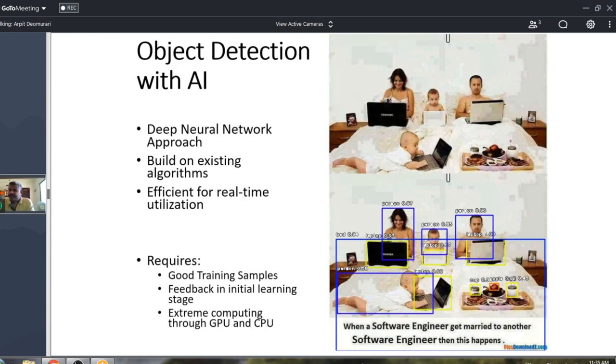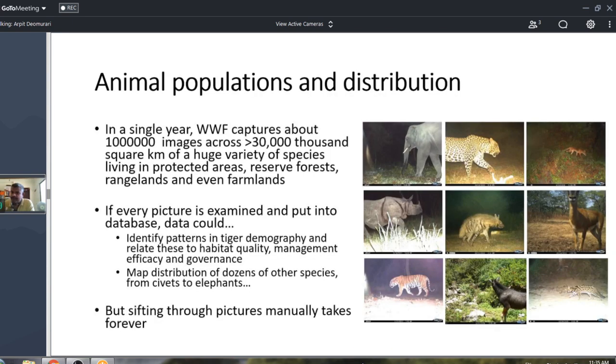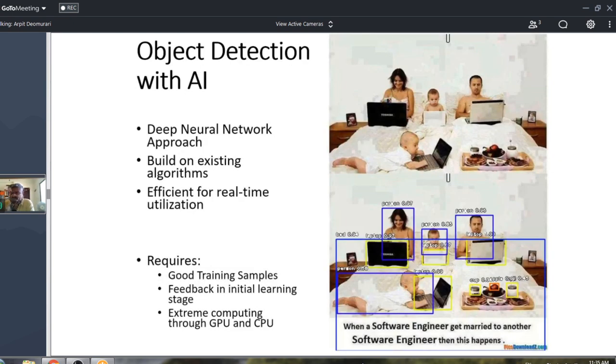So I use object detection with AI. It's the third one. If you remember my first slide, it has AI, machine learning, and deep learning. This is a supervised kind of classification, meaning I have some images where it is shown there is an elephant, there is a tiger, there is a hyena. We learn on that and predict. The system predicts. In this example, there is a bedroom scene with kids and a parent. It can predict everything: person, laptop, bed, a cup, an apple, all different things can be predicted through computers.